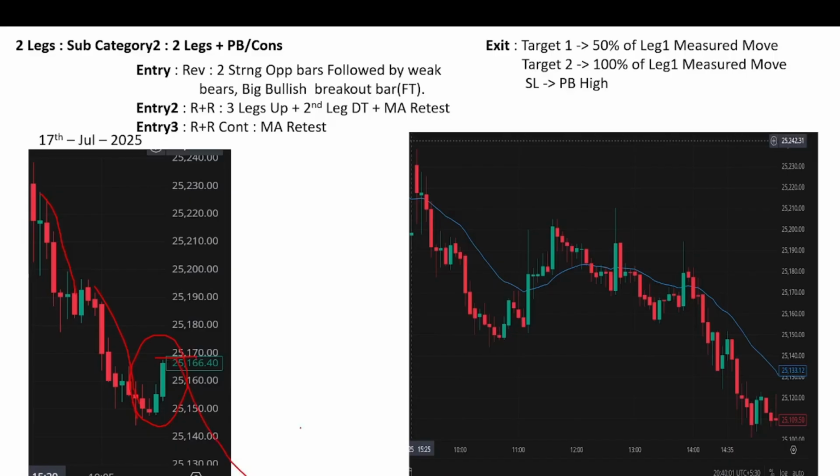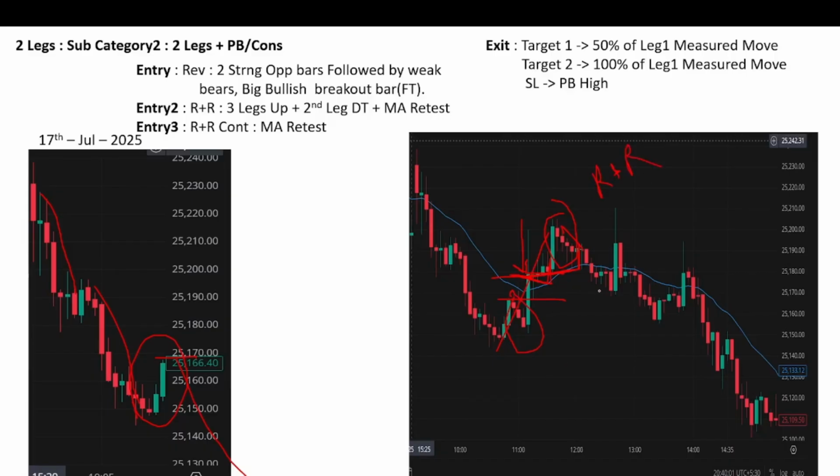That was the rule. Here we didn't get the continuation trade because we didn't get any strong bear bar, but we got a really big bull breakout bar. If you had seen this wick here and avoided this trade, that's a good thing to do. But if you had entered, you can exit here when it's making 3 consecutive bear bars. This is a reversal trade, and this day has reversal plus reversal again.